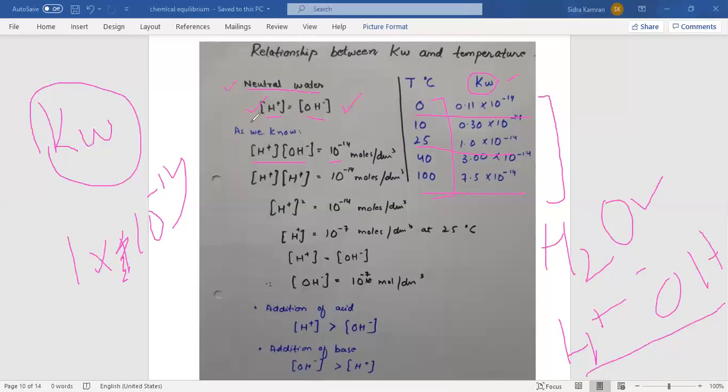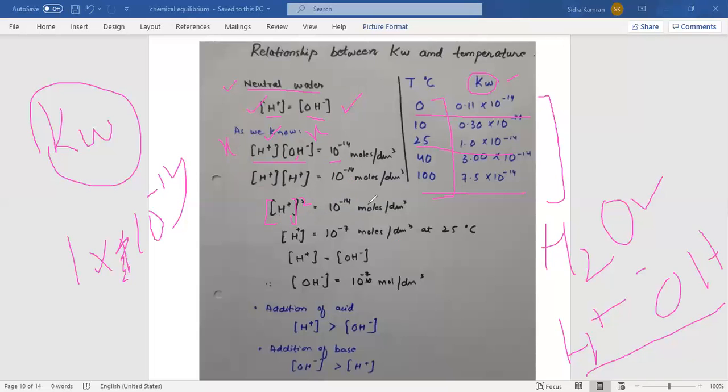As we said, the concentrations of H+ ions and OH- ions remain the same. Which means if the concentration of H+ ion is x, for example, then the concentration of OH- ion will also be x, because both have the same concentration. So I can replace OH- with H+. Kw equals 10^-14. So I can take it as a square, because here you can see the two concentrations. So taking the square,